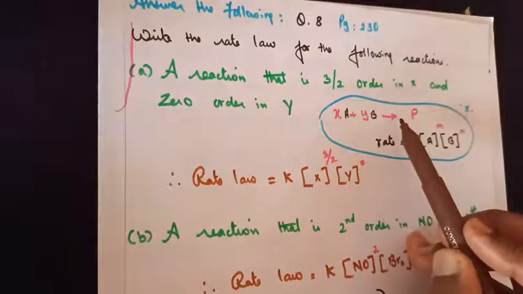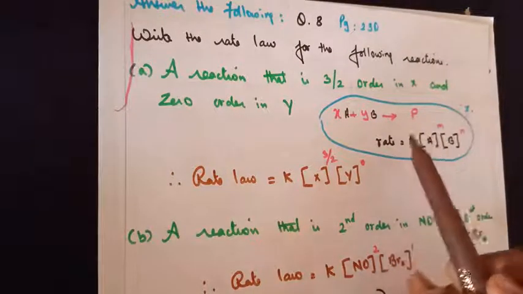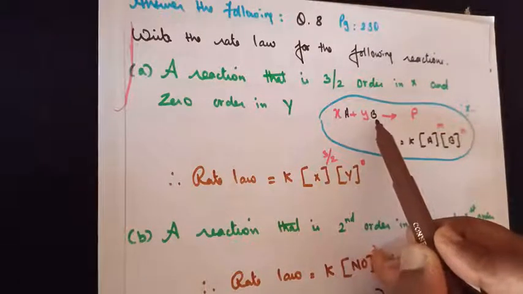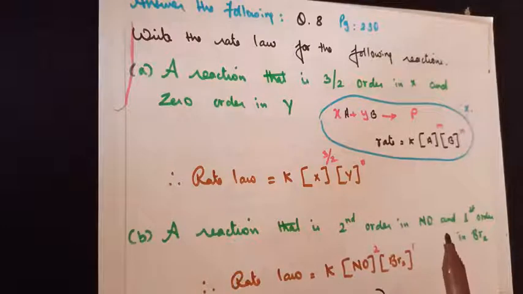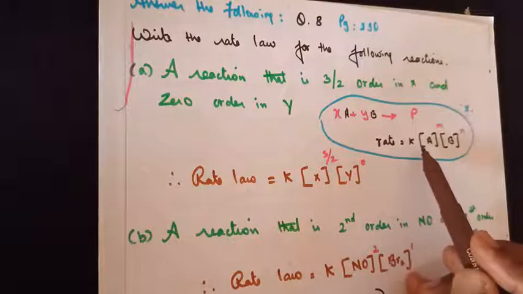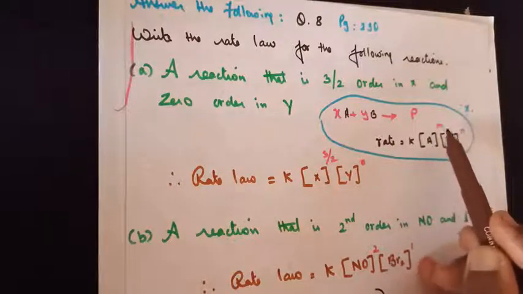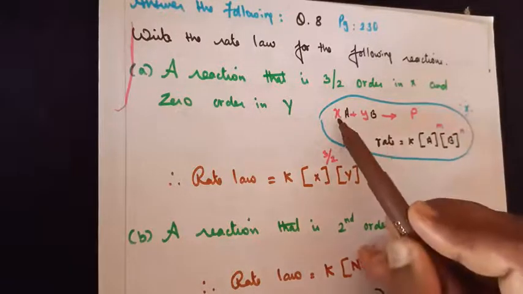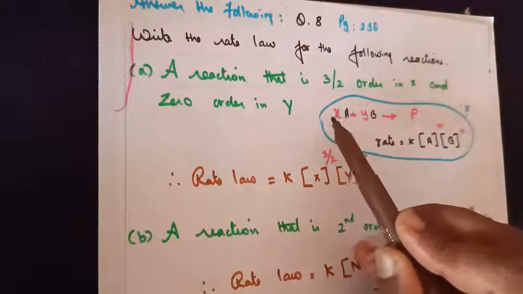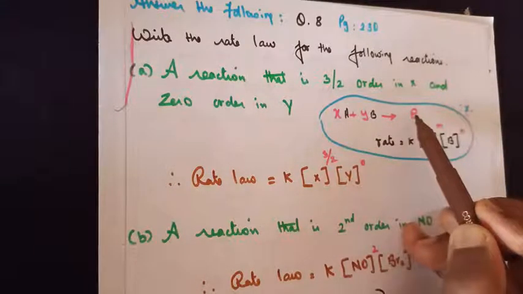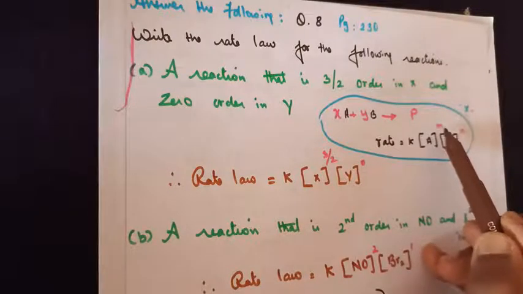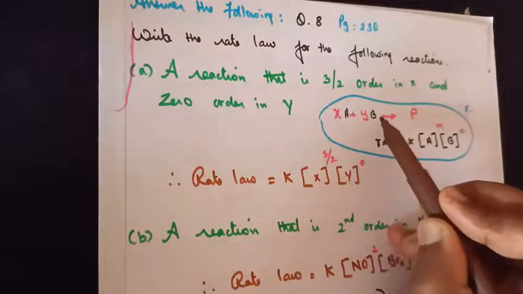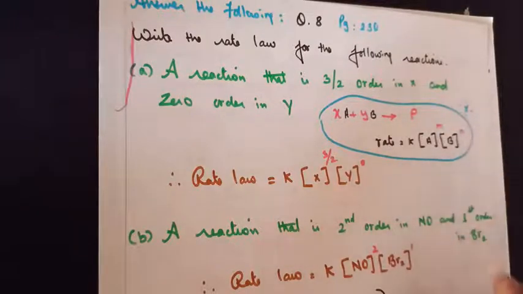When I taught you the concept of rate law, I kept on telling you x moles of A reacting with y moles of B, we get the product here. When we write rate law, k into concentration of A to the power m and concentration of B to the power n. I told you out of x moles of A, the whole 100% does not contribute to the product. Only m amount contributes to form the product. Similarly, out of y moles of B, only n amount contributes.